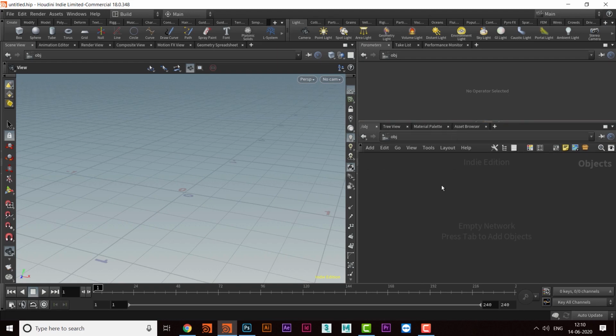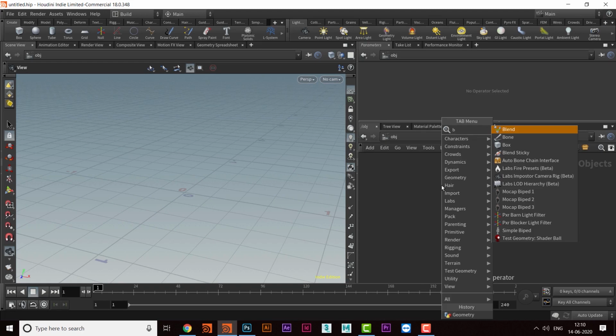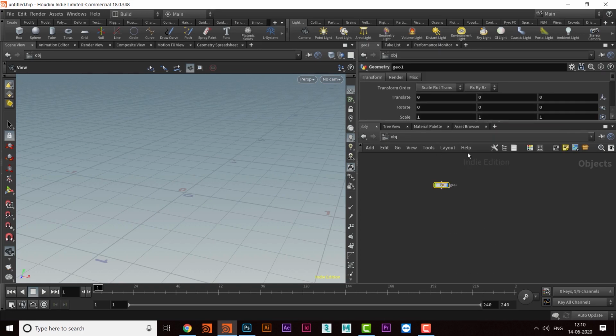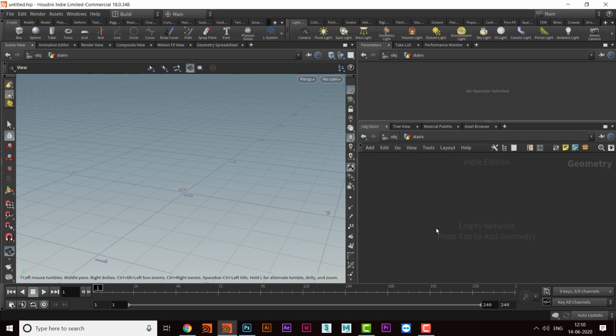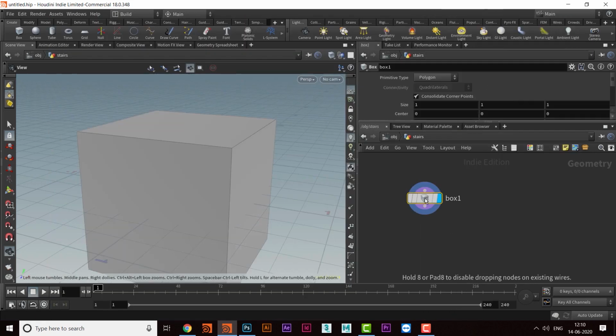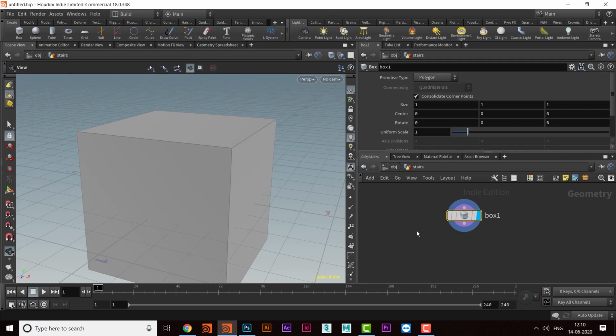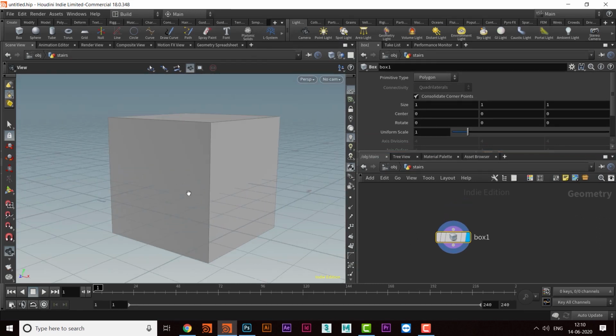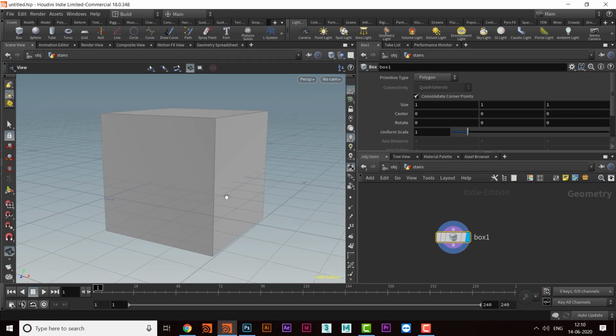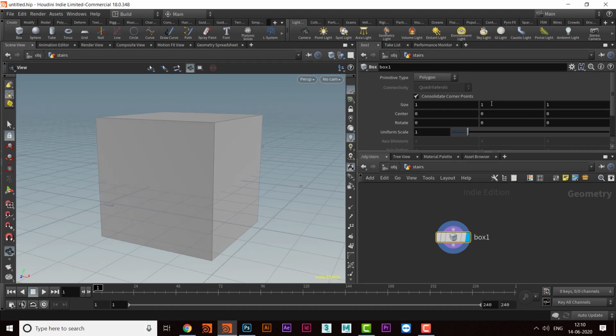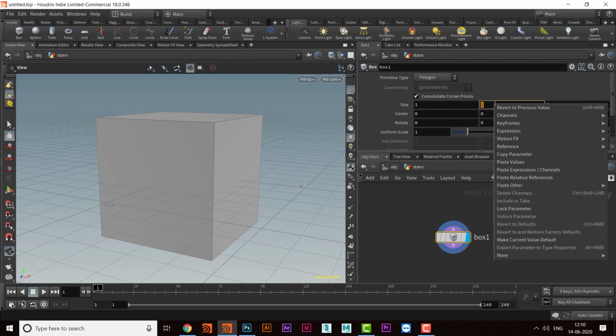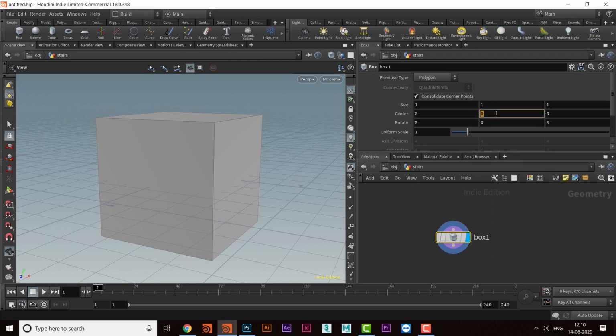So this is again very simple. We'll take a geo first of all, and we name it stairs, and then enter, and then we'll take a box again. Fine. So I will keep these stairs above the grid. For that, I will go here in the Y size, press copy parameter, and here I will paste relative reference divided by 2.